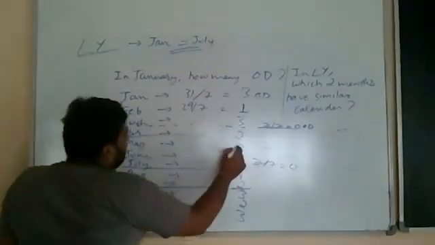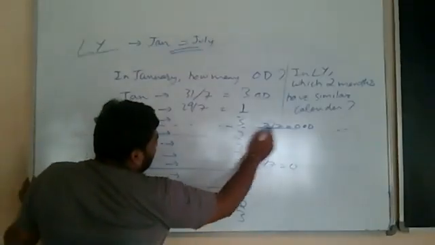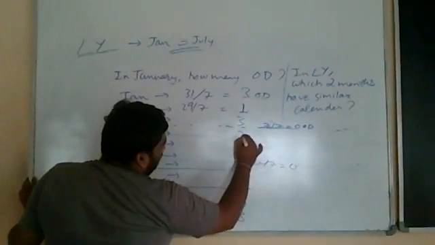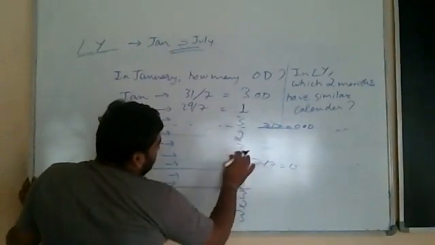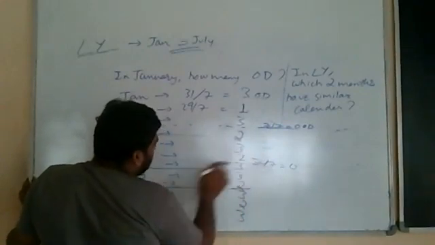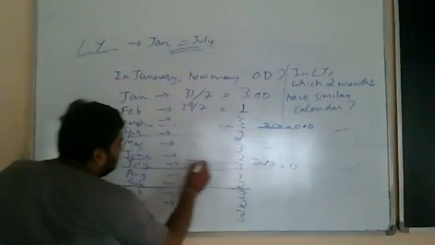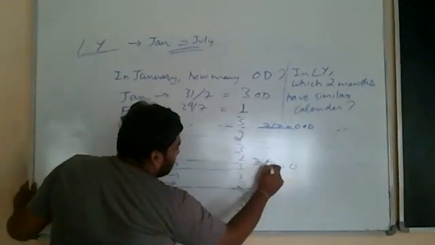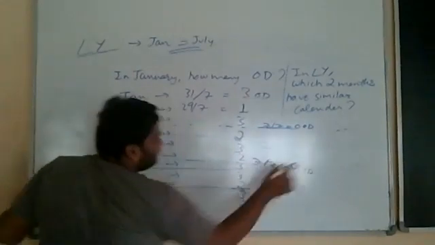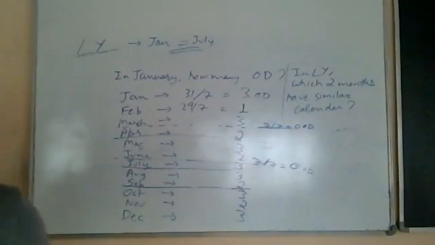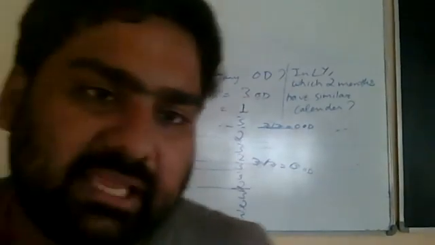Yes, sir. Okay. So that means till here is 0. It means April will give 2 contribution, 2 days. May is going to give 3, total 5. June is going to give total 7, which means by June end, 7 by 7, which is 0 odd days. Which means by July, again a new week is going to begin. Yes or no?